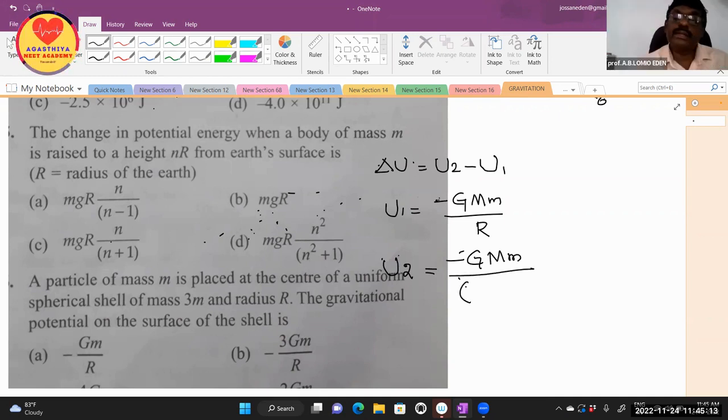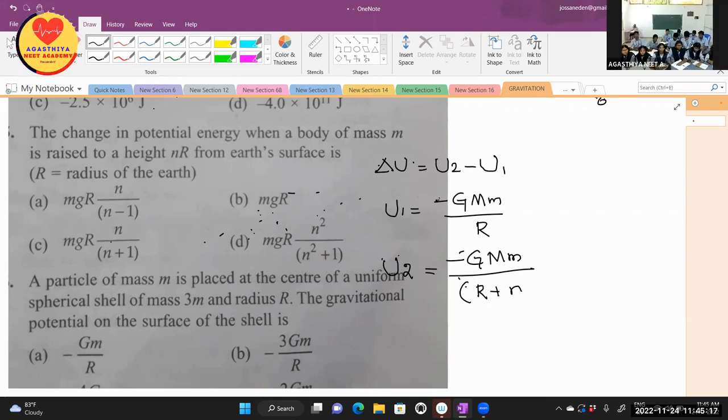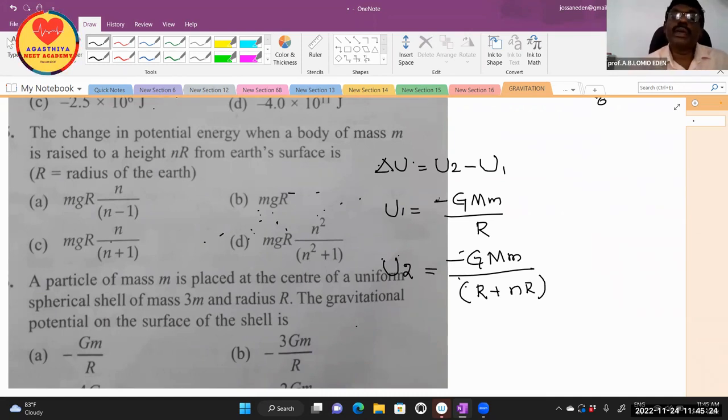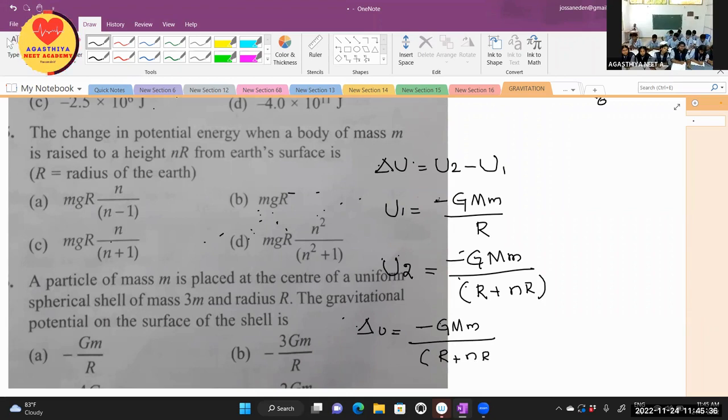What is the radius height? Already one height plus NR. Understand? Okay. Now next, delta U. Subtract these two values: minus G capital M small m divided by capital R, N R,